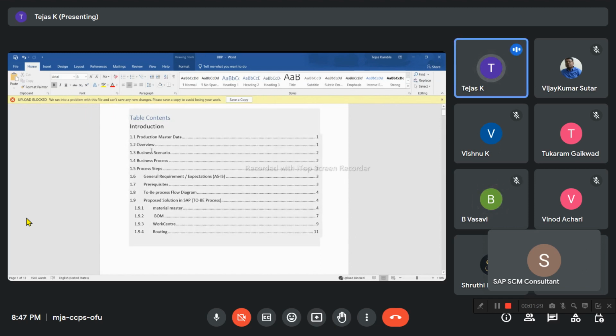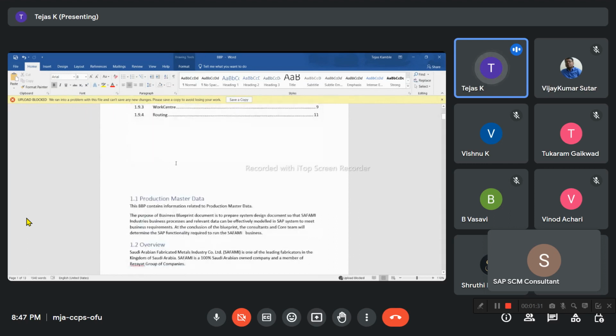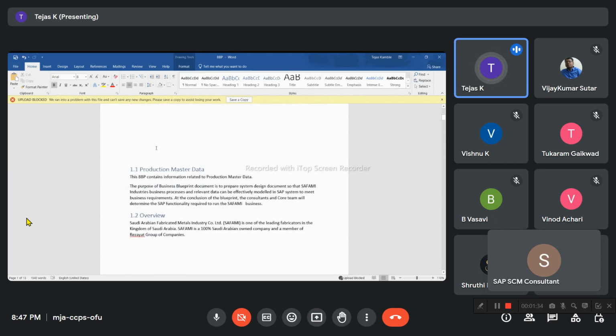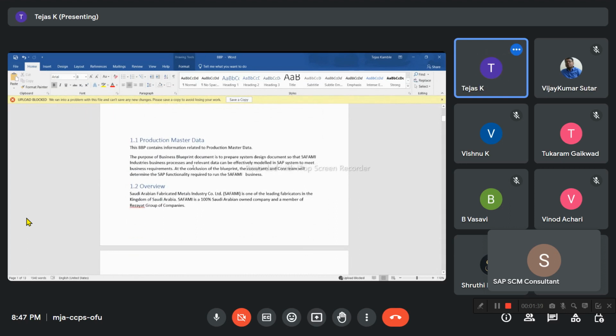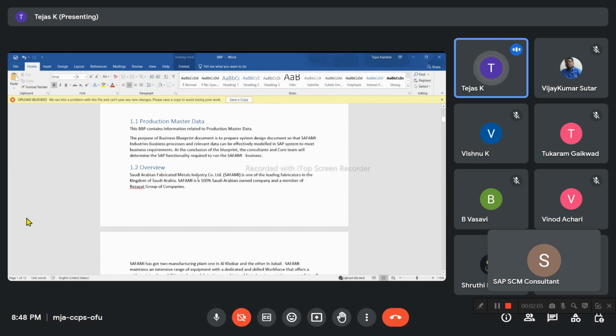Yes. So this is my table of contents, and we start with the introduction of master data. So this BBP contains information related to production master data. The purpose of this business blueprint document is to prepare the design document so that Safami Industries' business process and relevant data can be effectively modeled in the SAP system to meet business requirements. At the conclusion of the blueprint, the consultants and core team will determine the SAP functionality required to run Safami's